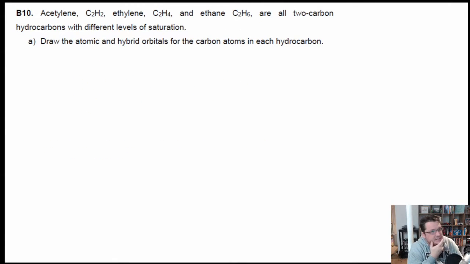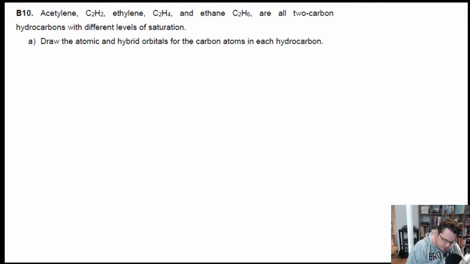B10. B10 is a little bit longer one as well, so we'll talk about this. Now here we're looking at 3 different hydrocarbons. They're all kind of related to each other. We have acetylene, which is C2H2. We have ethylene, which is C2H4. We have ethane, which is C2H6. And so now the question is, drawing the atomic and hybrid orbitals for each carbon atom of each one